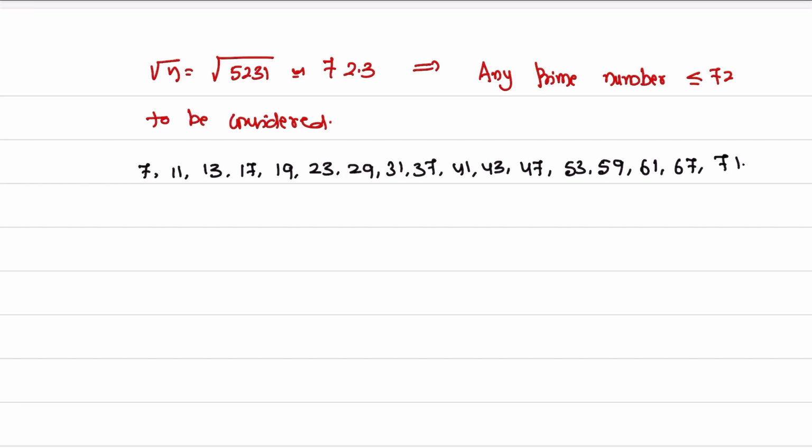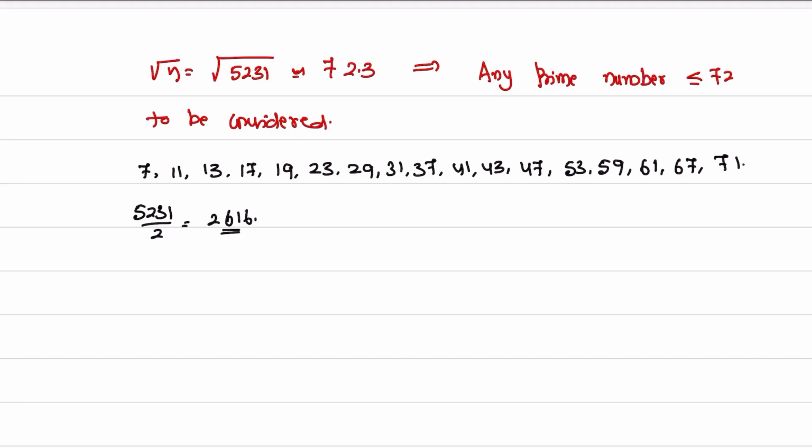Whereas 5231 is a very big number. But we can cross check only with the 17 numbers. Then we can decide whether it is a prime or not. That means even if you take half of the numbers of 5231, 2616 numbers are there